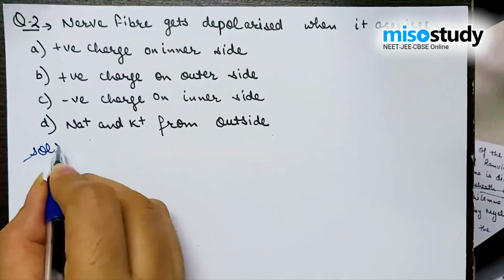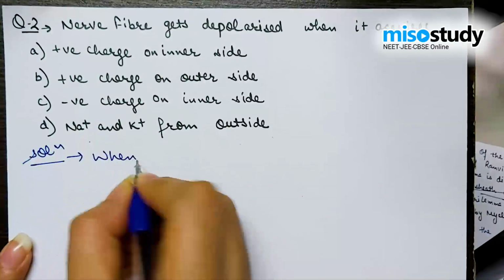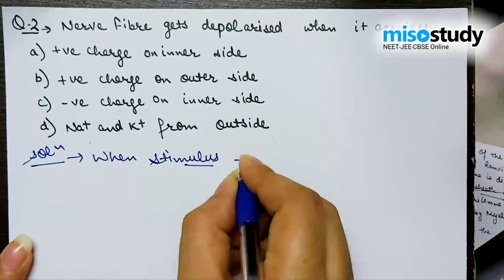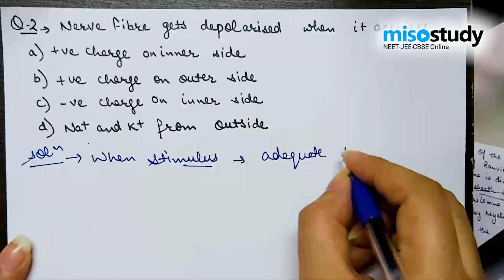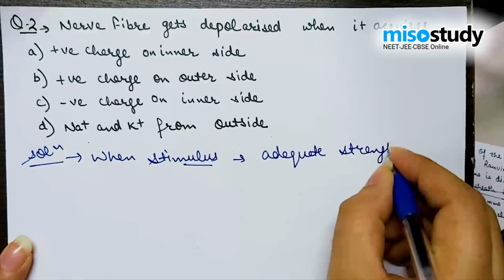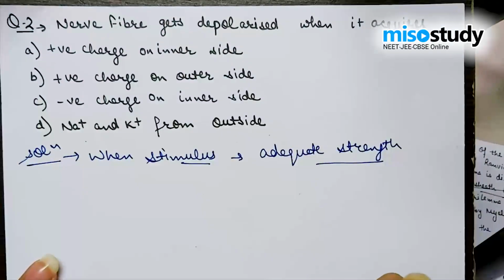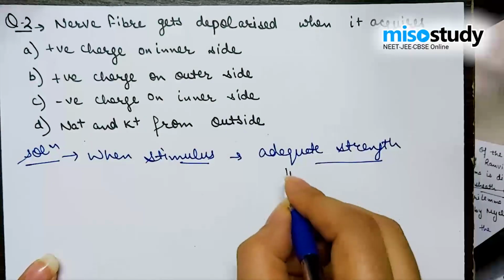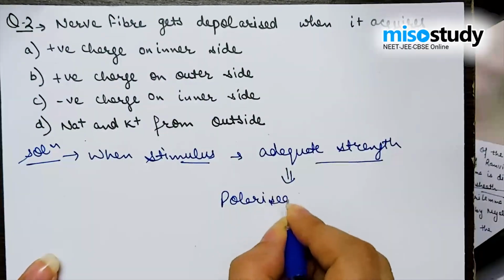To find out the solution, we all know that when a stimulus of adequate strength, or adequate threshold stimulus, is applied on a polarized membrane,